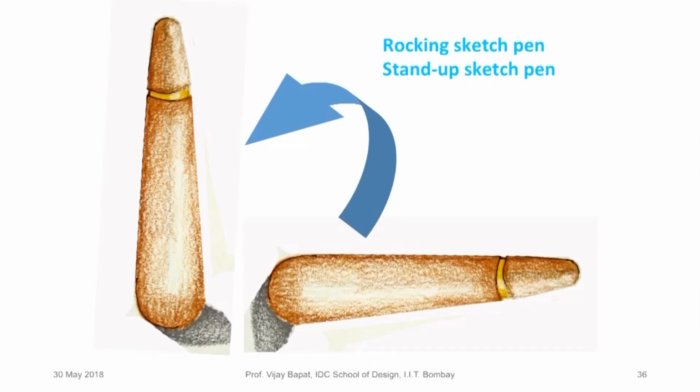Rocking sketch pen. You must have played with the rocking dolls, the girls particularly, rocking doll. Bottom is heavy. Okay? All sketch pens, when I throw them on the table, they fall horizontal. Is it very comfortable to hold? No. So this is the rocking pen. You throw it, it becomes vertical, so that I can grip and